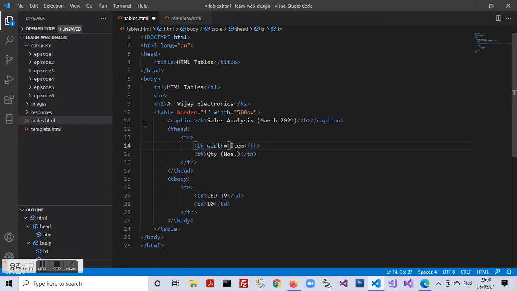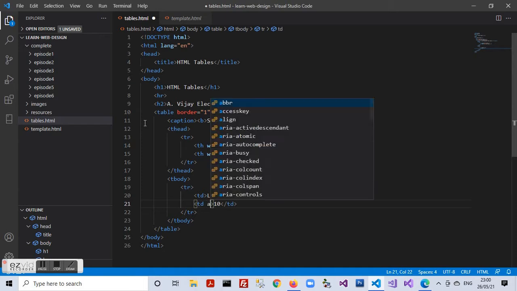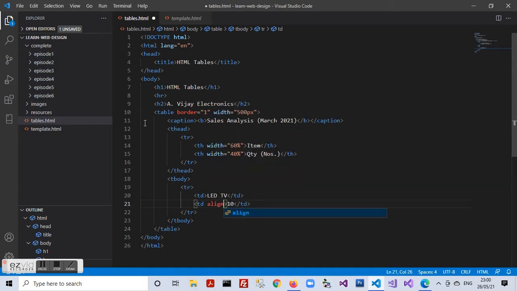I'll give my first column a width of 60% and I give my second column a width of 40%. And I give the align attribute for the TD element. I'll say align equal to center.